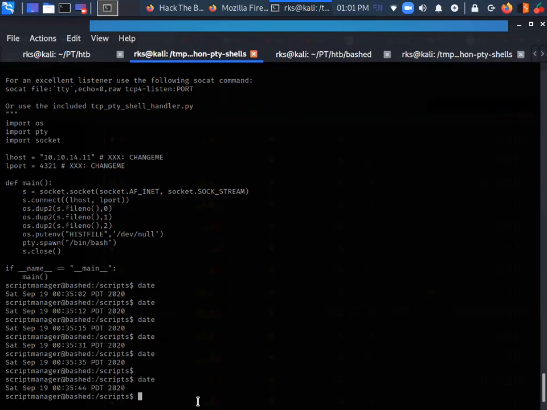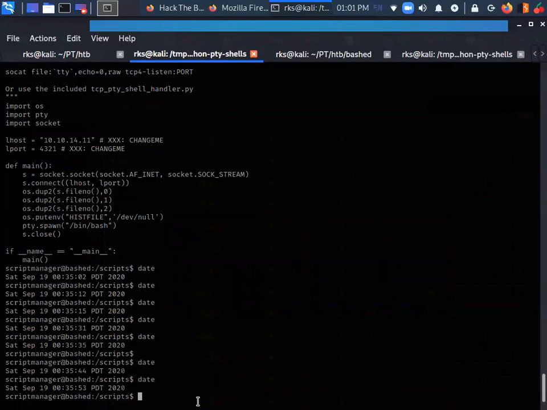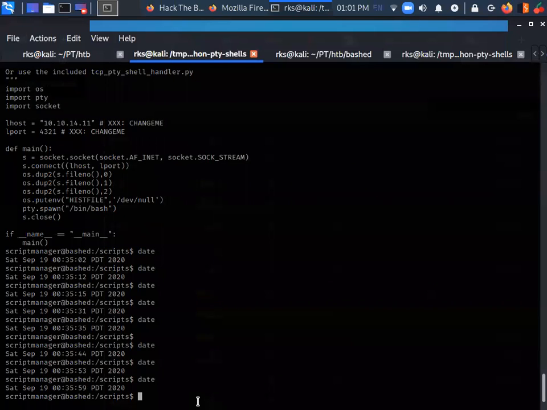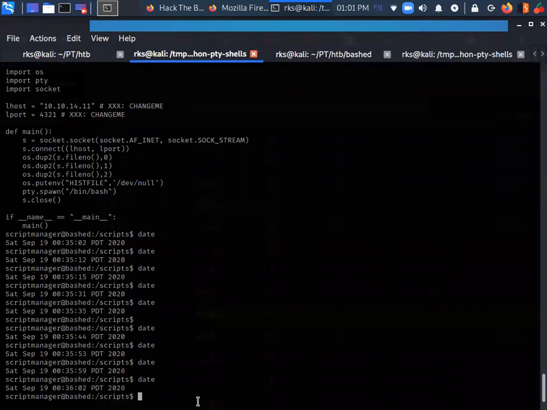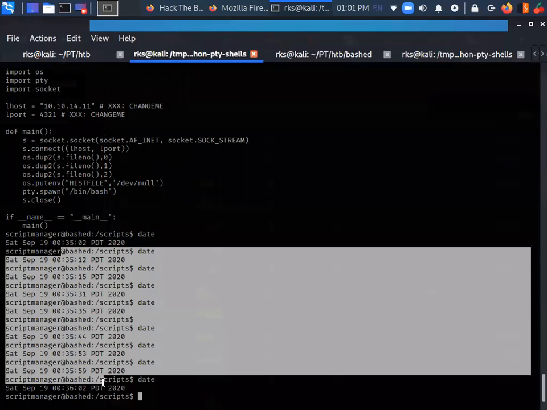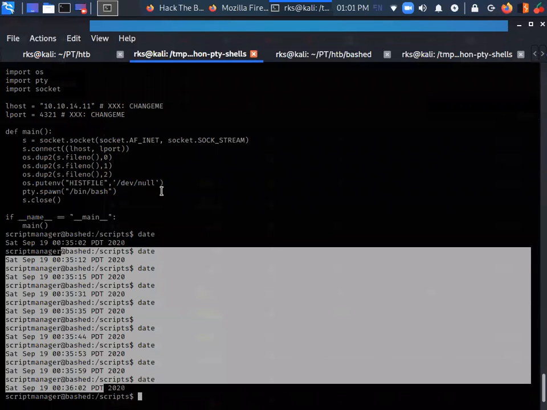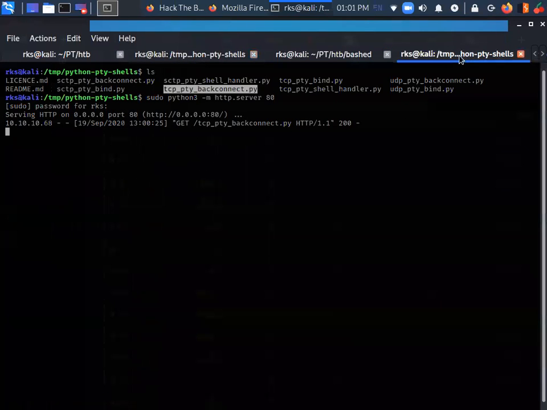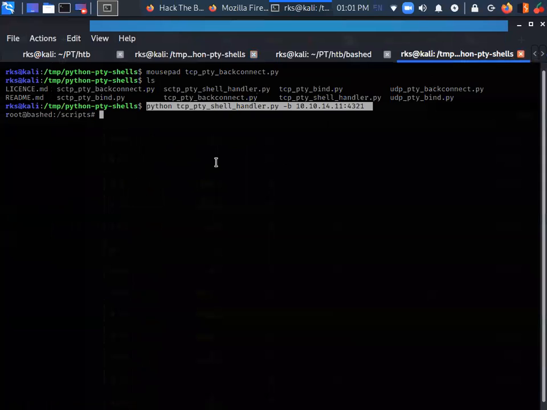Let's wait 15 more seconds. 7 more seconds. 1 second more. It's 36 now. Done. Now let's get back to my shell handler and see if we are able to find something here.